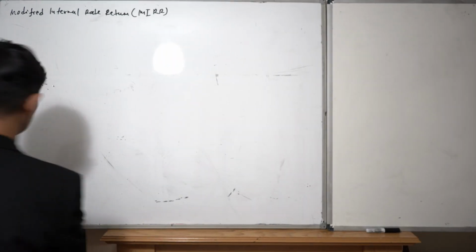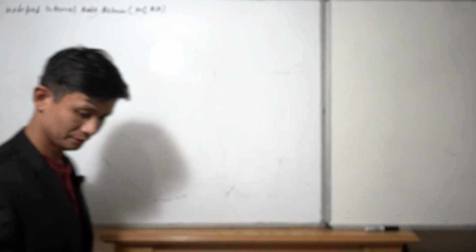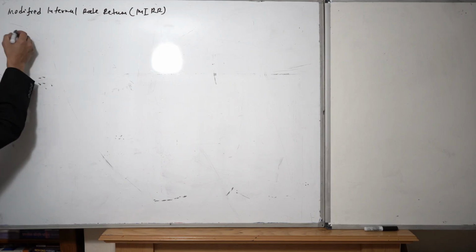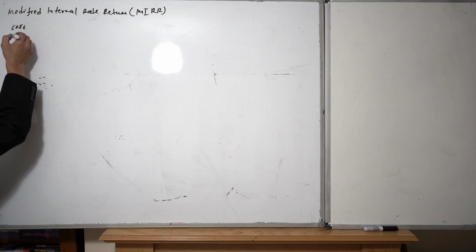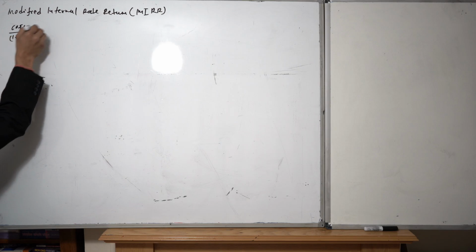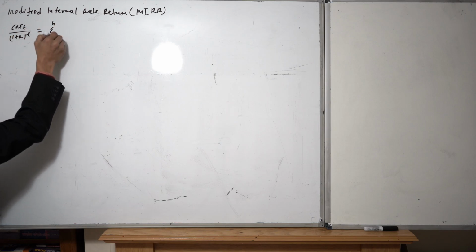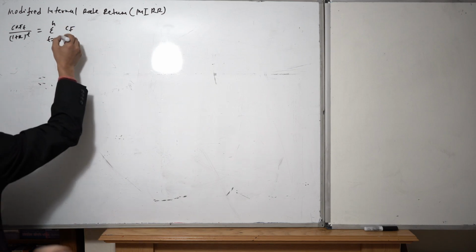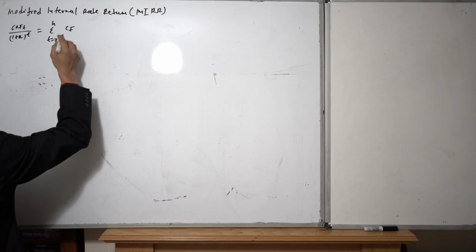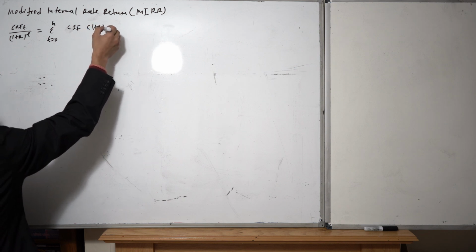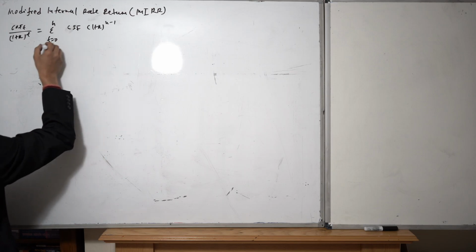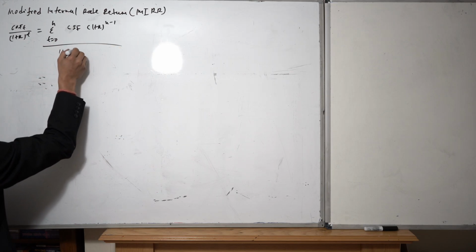We have a formula to calculate MIRR, that is, summation t equal to 0 to n of COF t divided by 1 plus k power t is equal to summation of CIF t times 1 plus k power n minus t, divided by 1 plus MIRR power n,